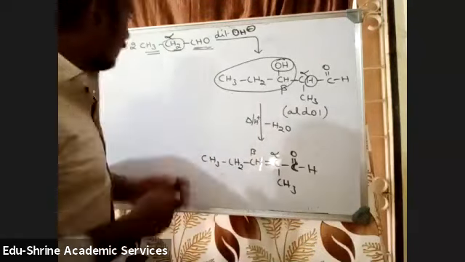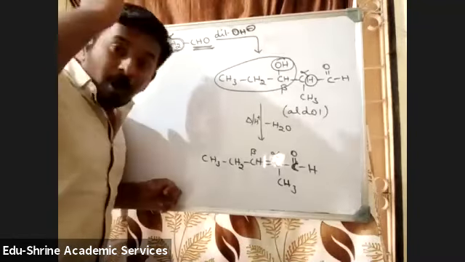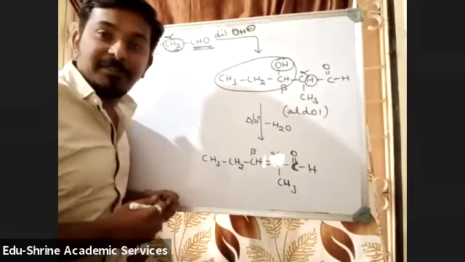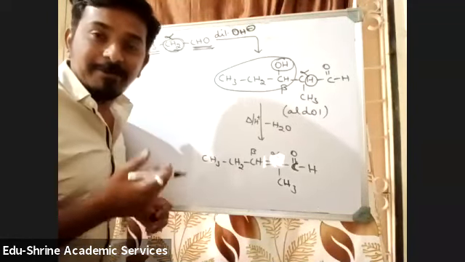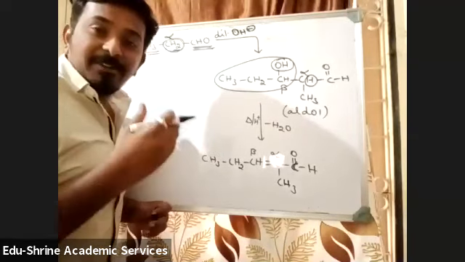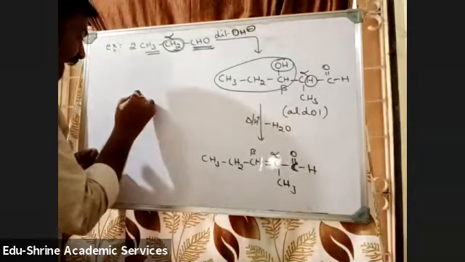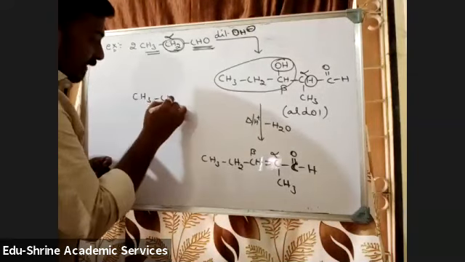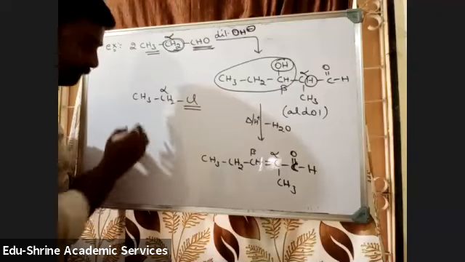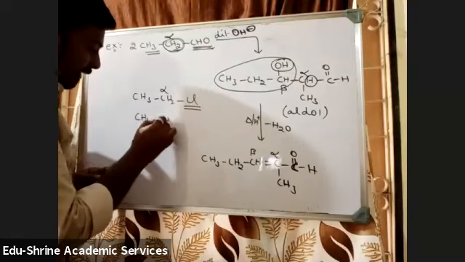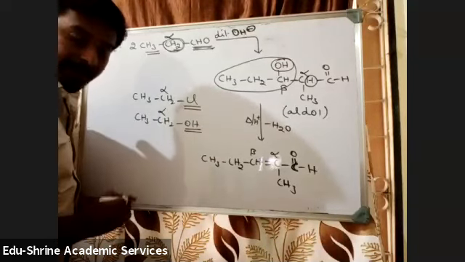Alpha carbon atom means the carbon atom which is directly attached to the functional group. From alkyl halides onwards, I am telling alpha carbon atom, alpha carbon atom. Now if you ask what is alpha carbon atom, it is very difficult. Alpha carbon atom means the carbon atom which is directly attached to the functional group. If I take acid halides, CH3, CH2, Cl, this is the functional group, so this is the alpha carbon atom. If I take alcohols, CH3, CH2, OH, this is the functional group, and this is the alpha carbon atom.